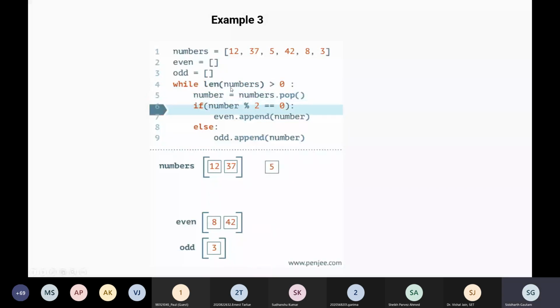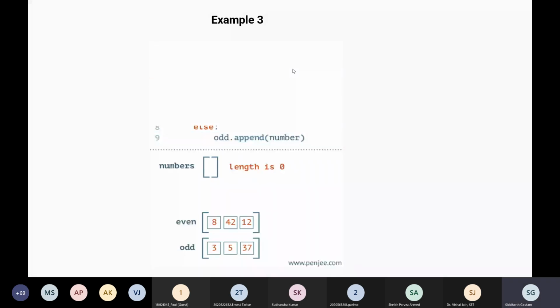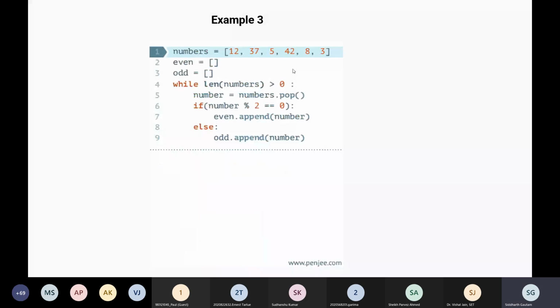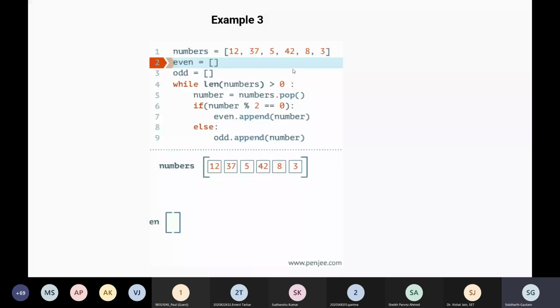Then we have a while loop. That while loop will get executed only if the length of this list is greater than 0. You must be thinking that the list already has 6 numbers, so how is it possible that the length of the list will ever be equal to or less than 0?